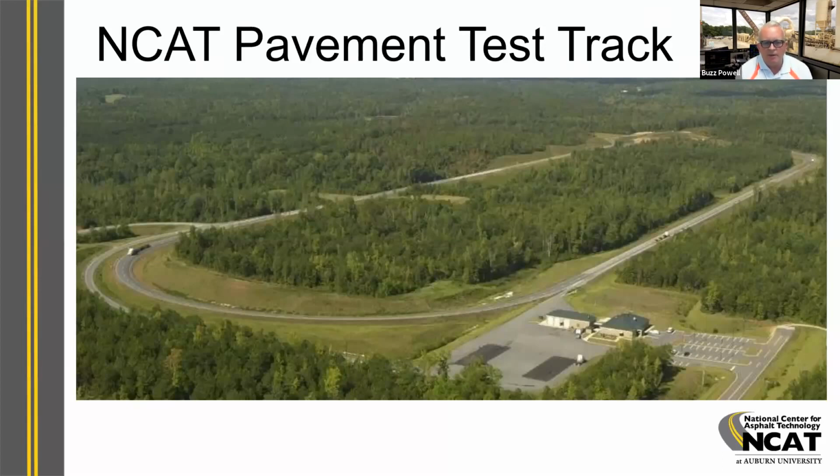So it's all about doing as much efficient pavement damage as we can safely do using legal loads. Every loaded axle on the track is loaded up to but not beyond the federal legal bridge limit. That's an important thing to mention here, because when you're talking about evaluating recycling agents, typically you've got higher RAP